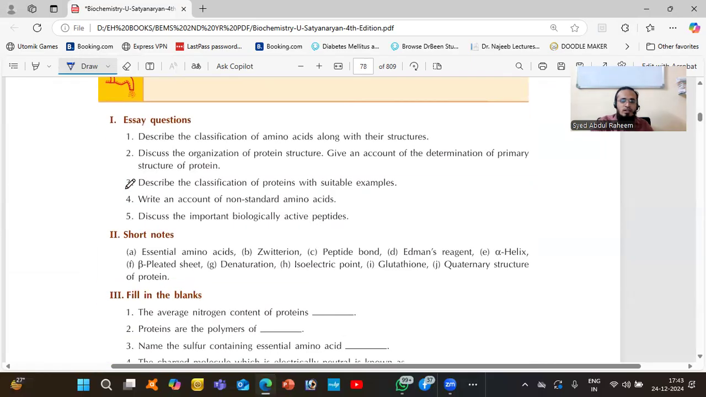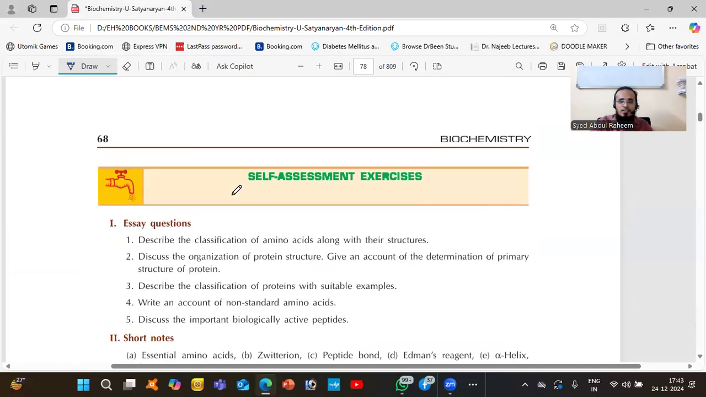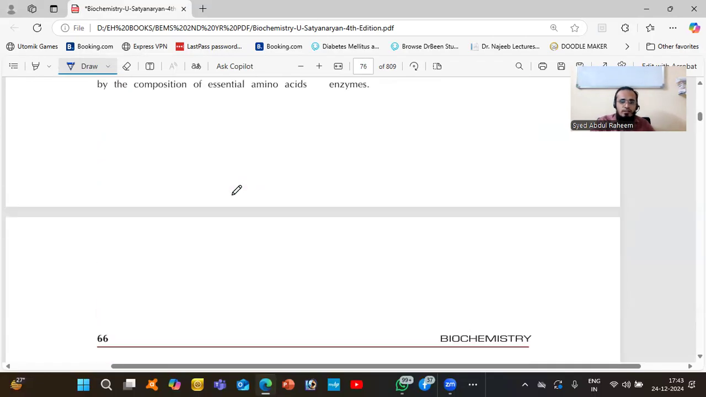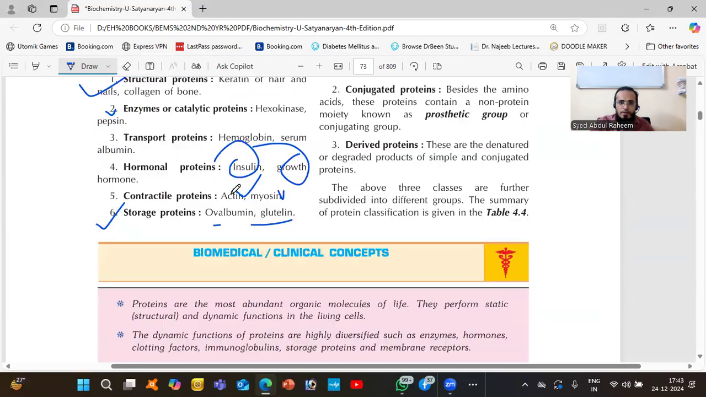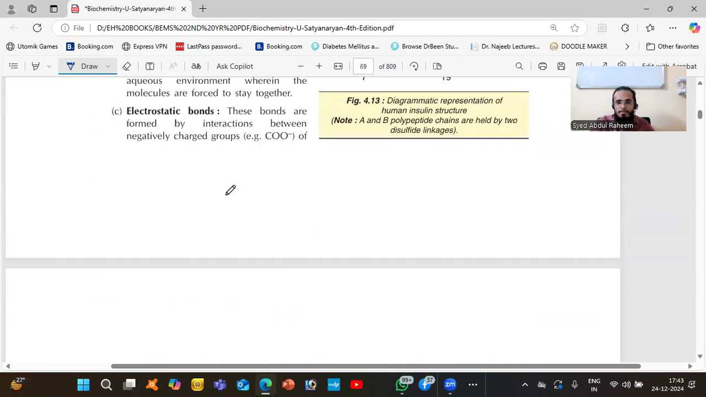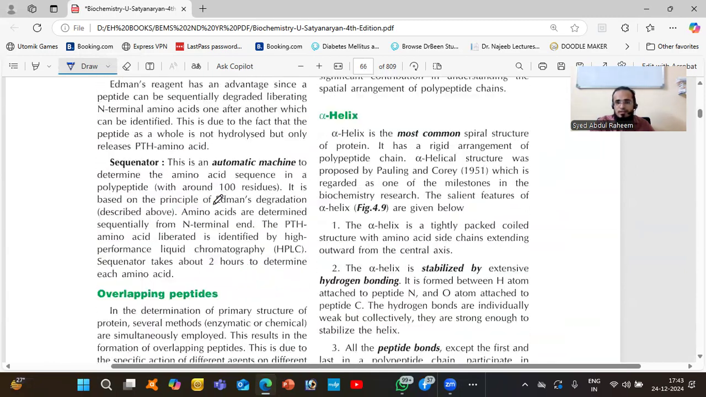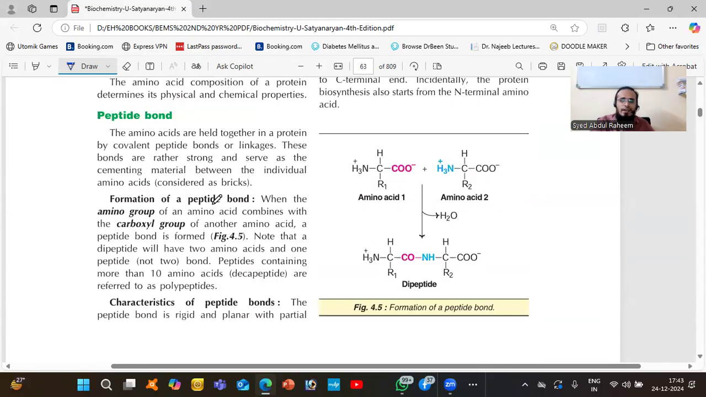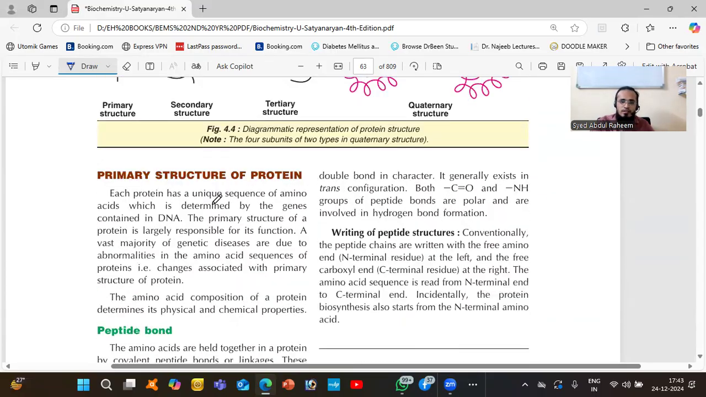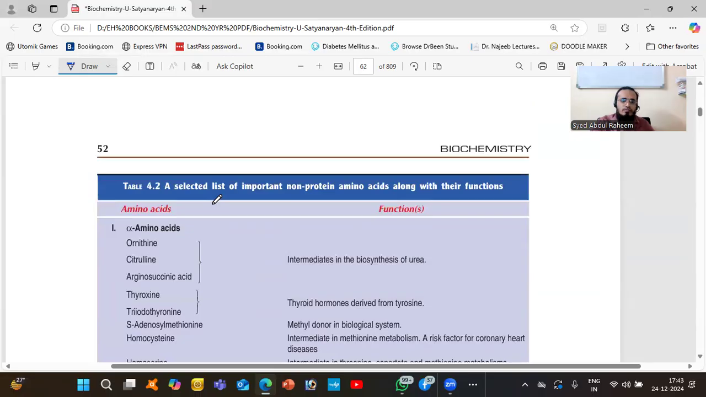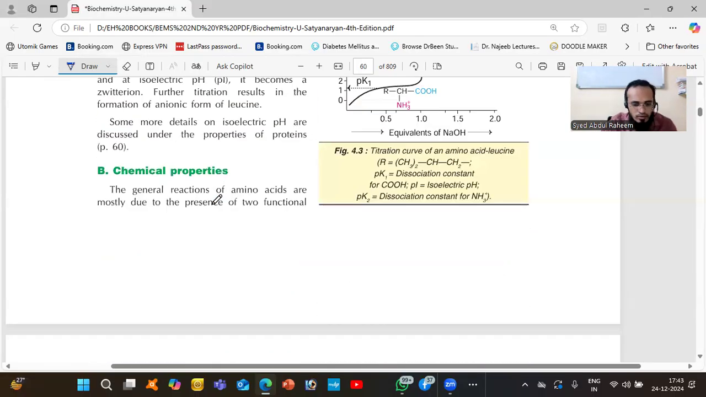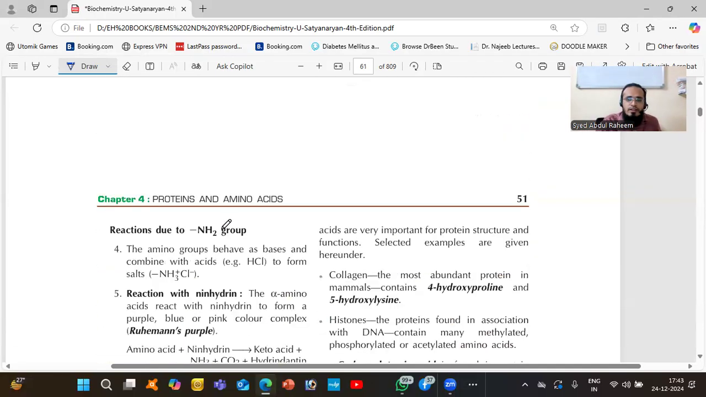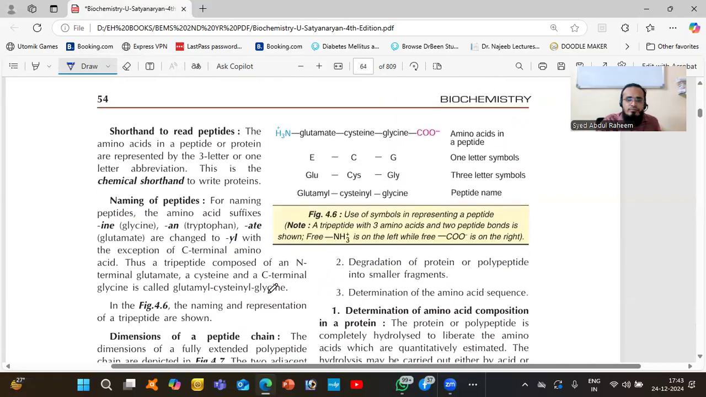So other than that, we learn all this. We need the classification. So this is all about protein, whatever important things we discussed, other than the structures and formation, everything. Other than that, we don't have more. Okay. After that, we have